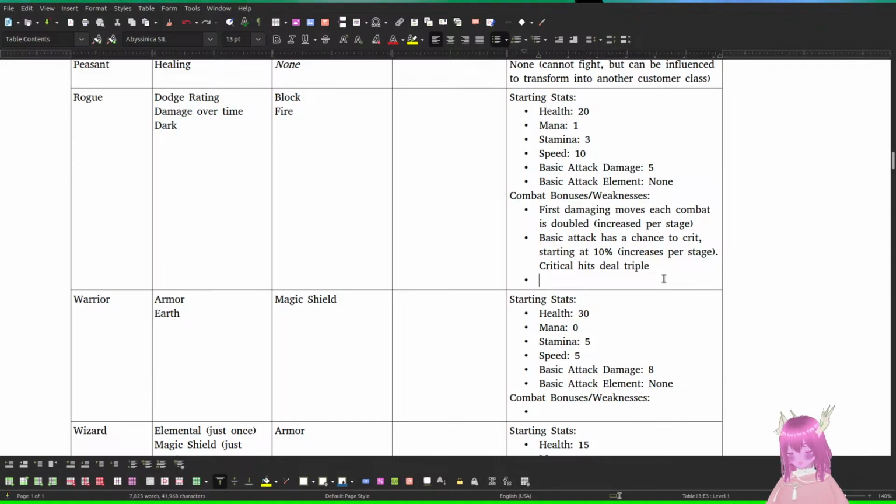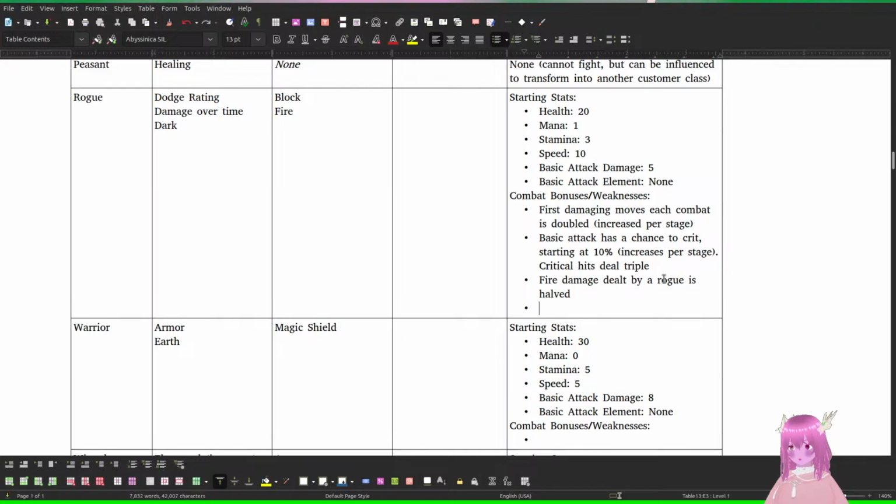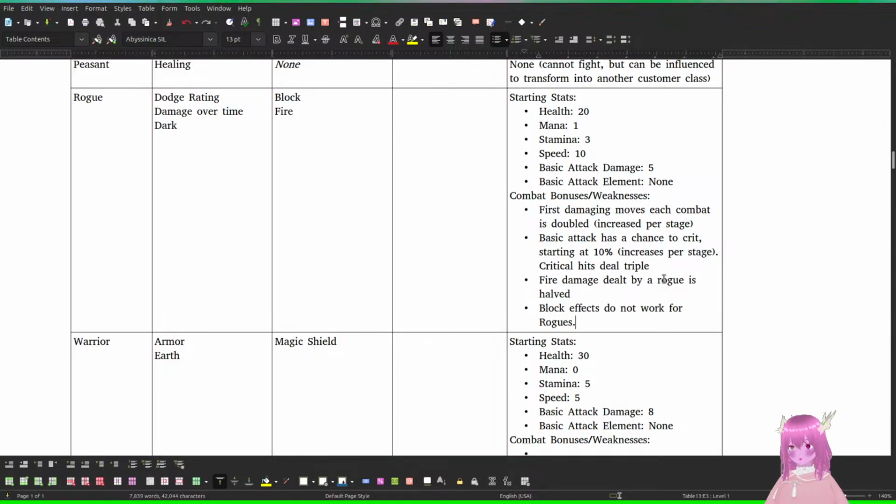For this, we'll say that fire damage dealt by a rogue is halved. Block effects do not work for... Hold on, give me a second. I'll just say for rogues.